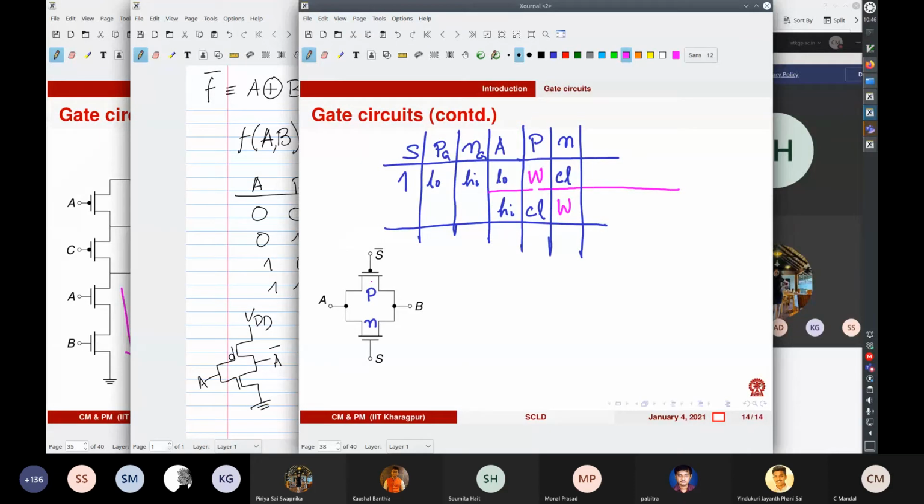That's why you have two transistors. When you have two transistors, at least one of them will be closed. As you can see, an NMOS transistor is good for transmitting low voltage, whereas a PMOS transistor is good for transmitting a high voltage. And you look at the other situation, that is when S is